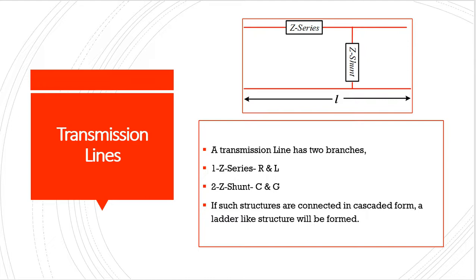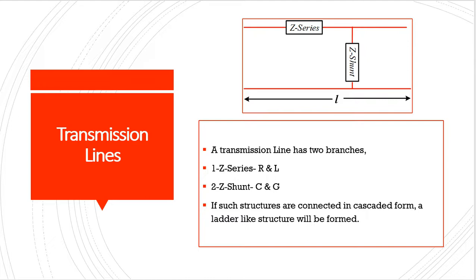Likewise, there is another component across the parallel connection, which is the capacitor. So we have replaced this capacitor with the Z shunt here. Z shunt, the capacitance, can be represented by which thing? It can be represented by X is equal to 1 over j omega C or 1 over 2 pi f